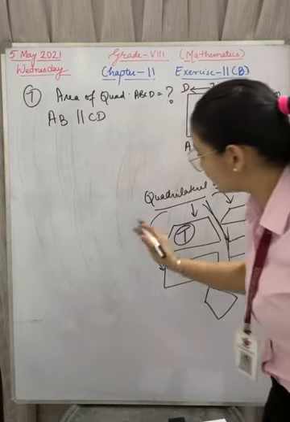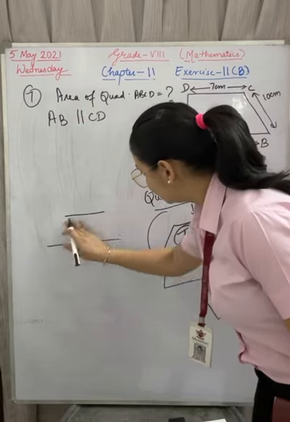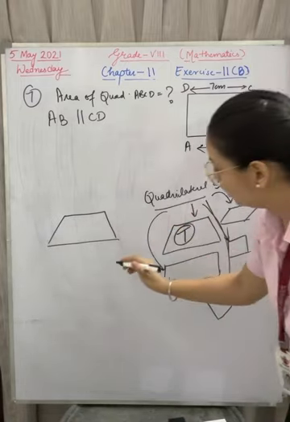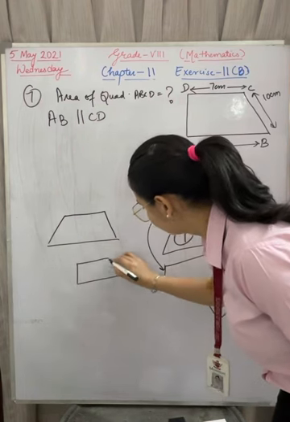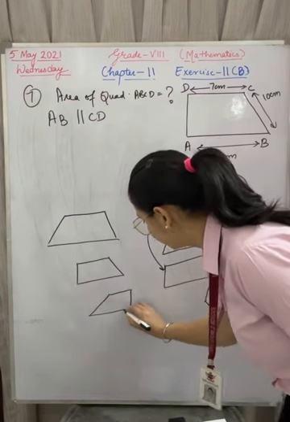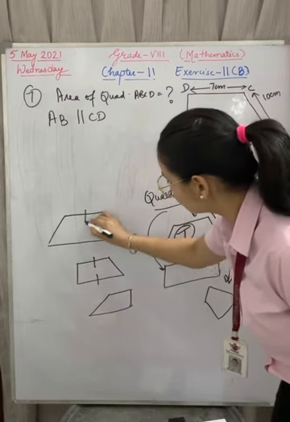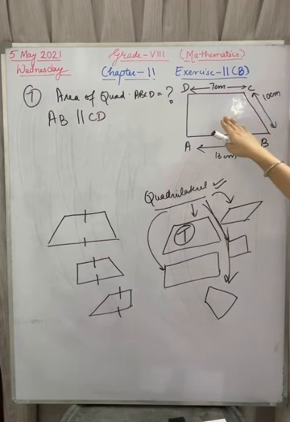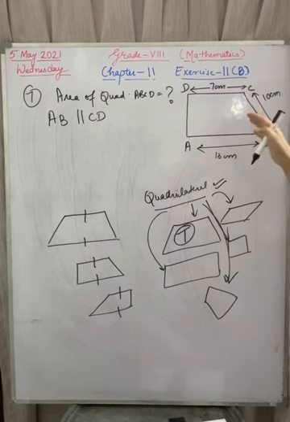It is not necessary that the trapezium should be in this way. Only these two sides should be parallel; the other two sides can be in any way. Whether this is in this way or this way, it doesn't matter. We only want these two sides to be parallel. So in this shape, it is again a trapezium, right? So please identify the figure first of all. Because they have mentioned AB parallel to CD, this shape is a trapezium, because a trapezium has one opposite pair parallel. Okay, so let's start with the question.